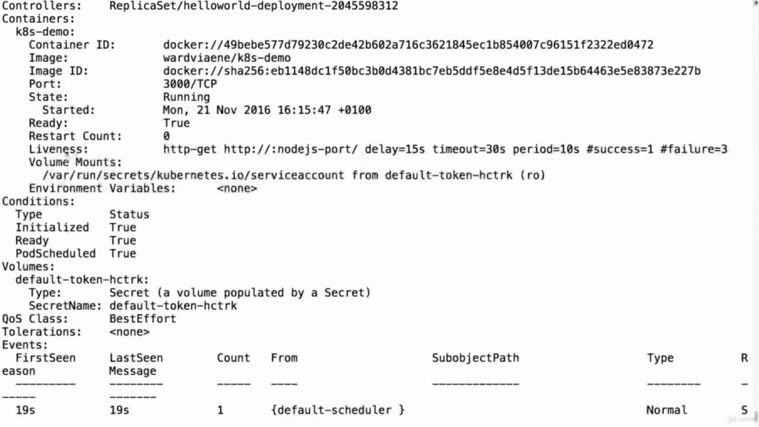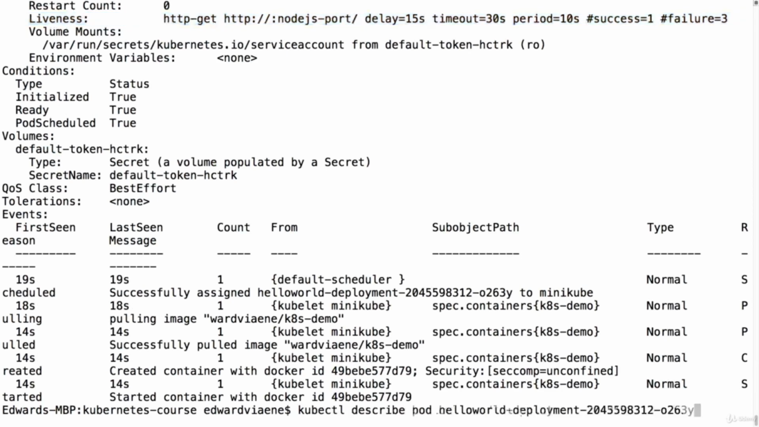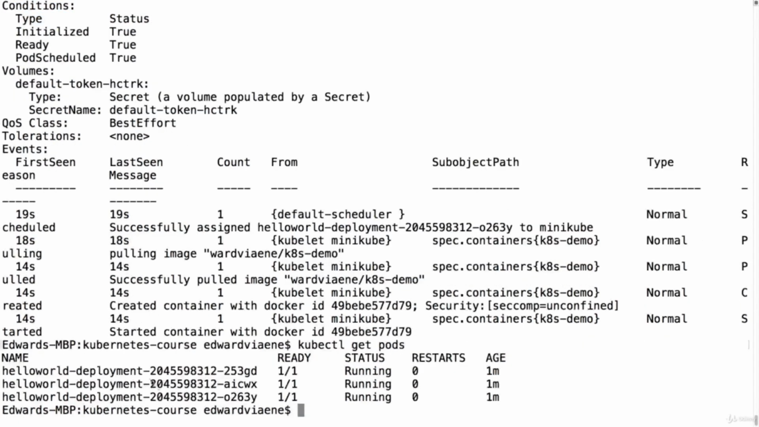And in the details, we see there's a liveness HTTP GET on this Node.js port with a delay of 15 seconds, a timeout of 30 seconds, with a delay between the checks of 10 seconds. The pod will consider it healthy when there's one success or unhealthy when there's 3 failures. So then we have 3 pods running on our node, and if one of those pods gives an error,